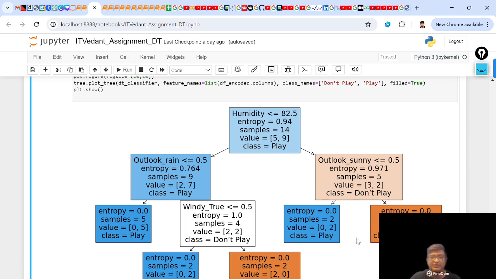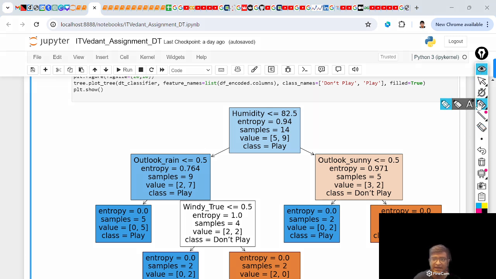So it is highly overfitted for sure, because we have not used any pruning technique here, which we will understand in some other session, like pre-pruning and post-pruning techniques. What it is doing here is selecting the features which have the highest information gain, internally doing the calculation, splitting, and going to the terminal nodes. These are called the leaf nodes. Okay, this is my root node,